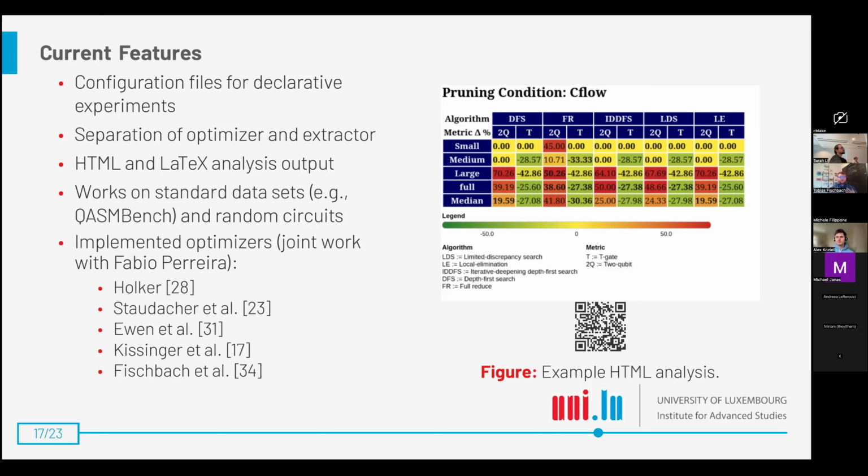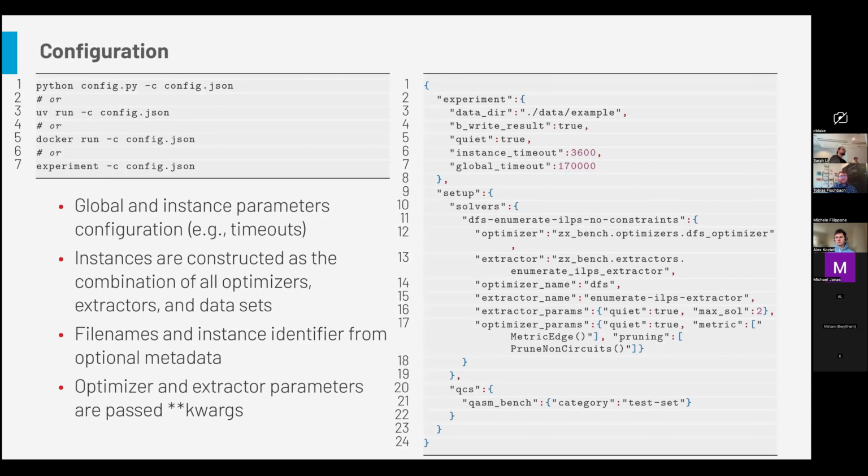So just to show you how the compatibility and the integration would work. In the end, on the right, you just see this JSON file, right? I mean, it's pretty simple. You have global experiment parameters. You have then the actual instance setup. You can define multiple solvers with multiple parameters. You can add metadata for the different solvers. You have different extractors that you can use. And in the end, the instances are created for all solver and